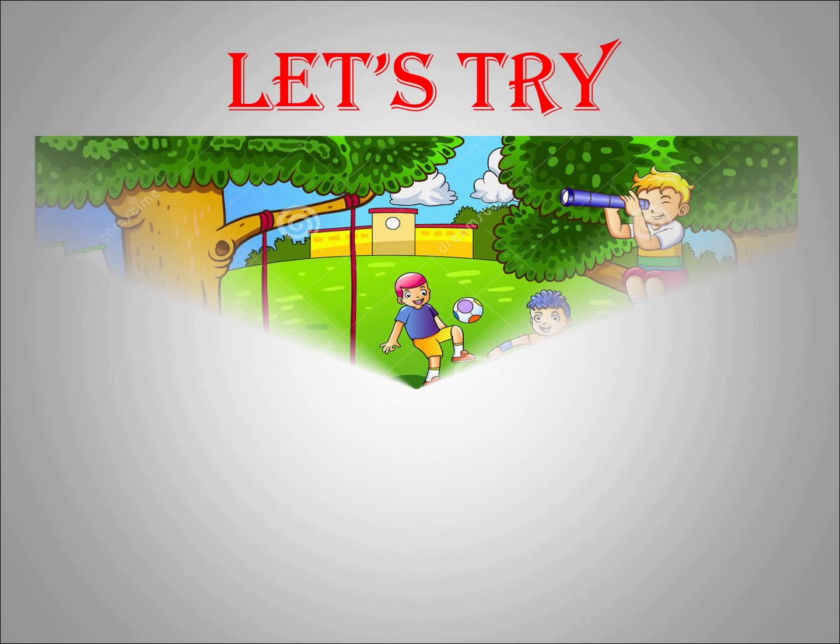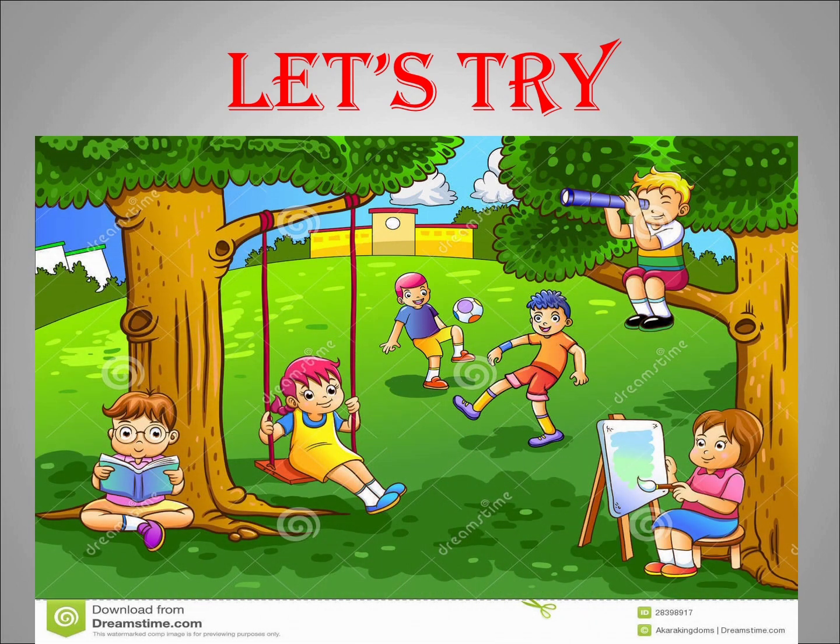In this slide, you will see a picture, and in that picture we have to find out those things which I told you in the previous slide. There is a beautiful picture of a garden. So you can see the place of this picture is a garden. There are so many persons in this picture. They are using lots of objects there. You can see many things there: spectacles, paint, brush, objects like this.